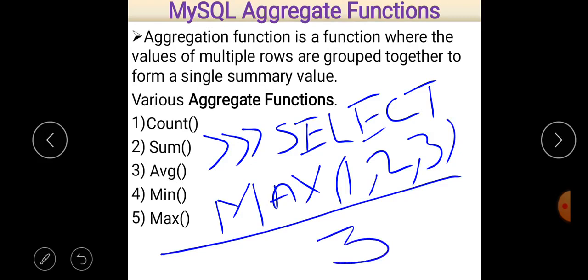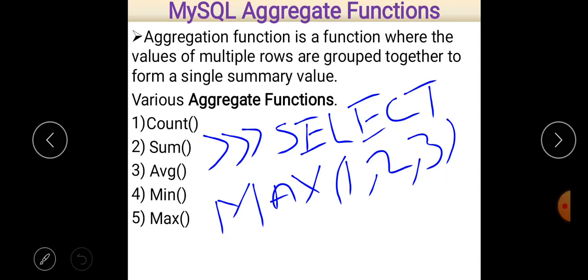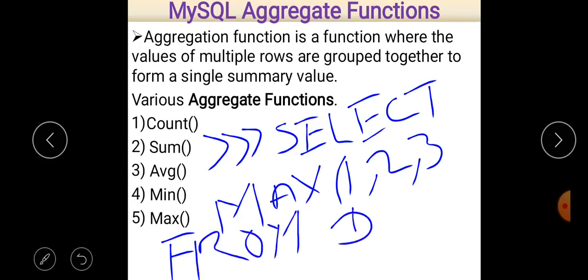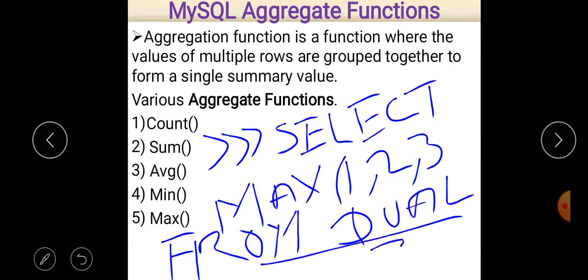Here you can easily see that we don't give a table name, so by default the table name is dual. So you can write this statement as this from dual. That will also give you the same result, 3. Here we don't pass a column name, but instead of passing a column name, we just give different values.